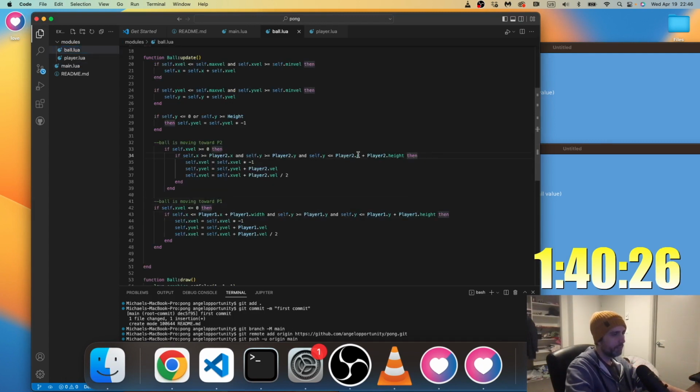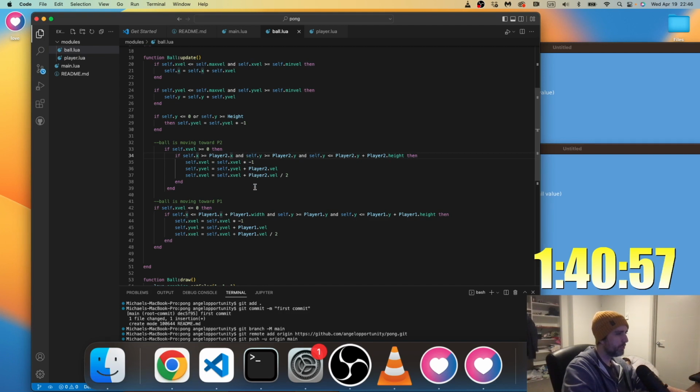So maybe that's an invisible ball. If self.y is less than or equal to player2.y, which means plus player2.height. So this x thing needs to, if player2 is greater than or equal to player2.x and self.x, there needs to be.